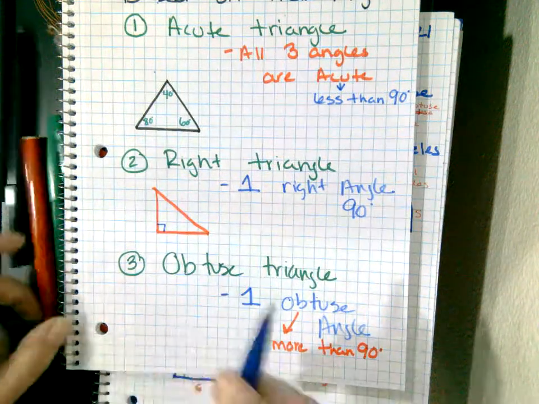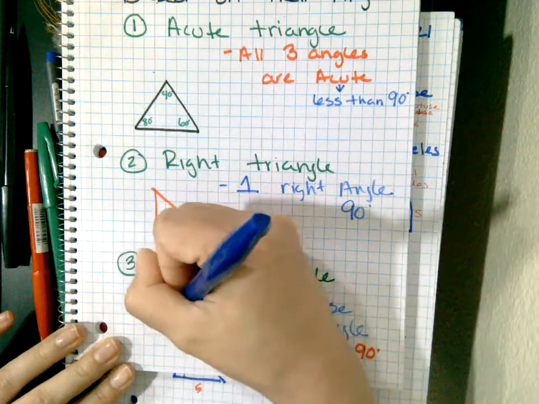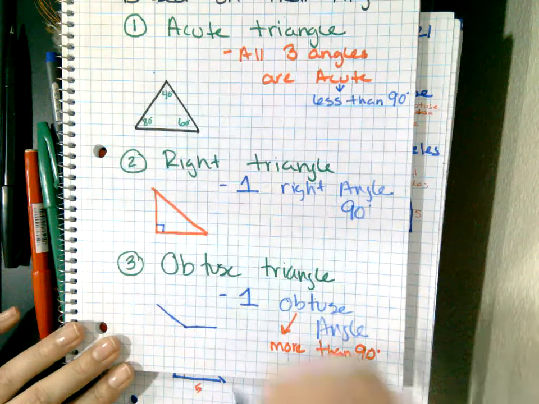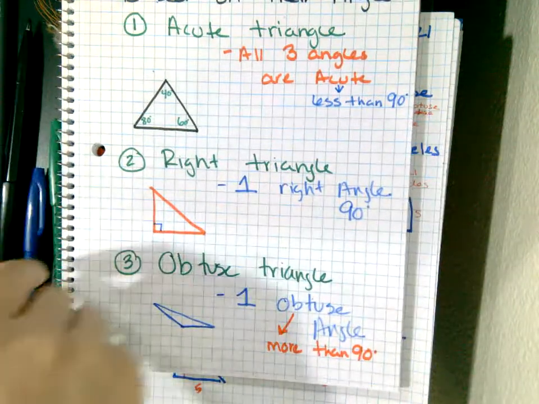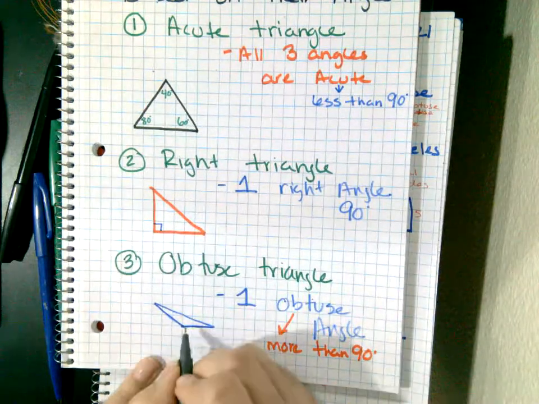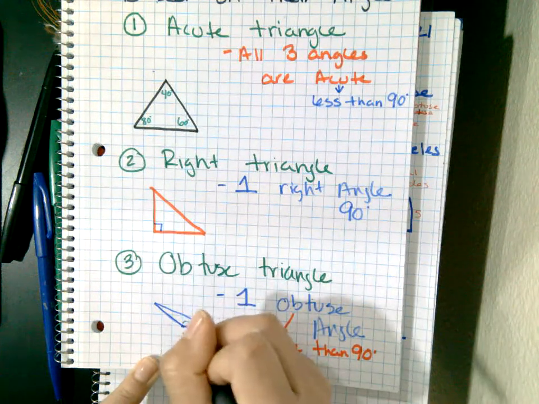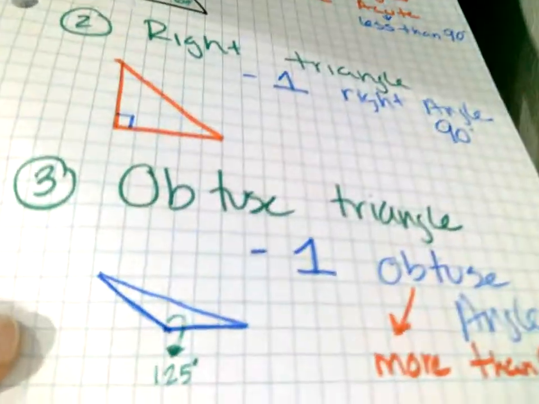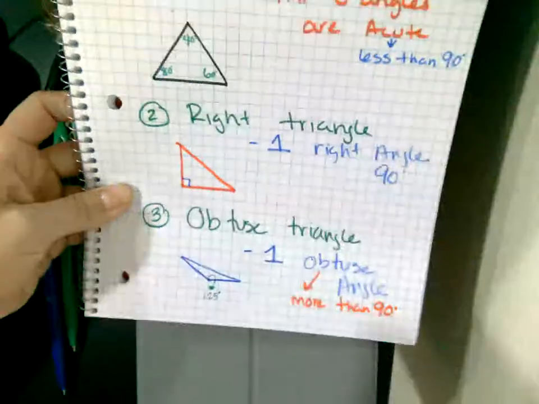So I'm gonna draw an obtuse angle first. There's my obtuse angle. And then I'm just gonna close it up to make it into a triangle. So that angle right there, I'm gonna say is like 125 degrees. Let's zoom in, because that angle right there is 125 degrees, the whole thing is gonna be called